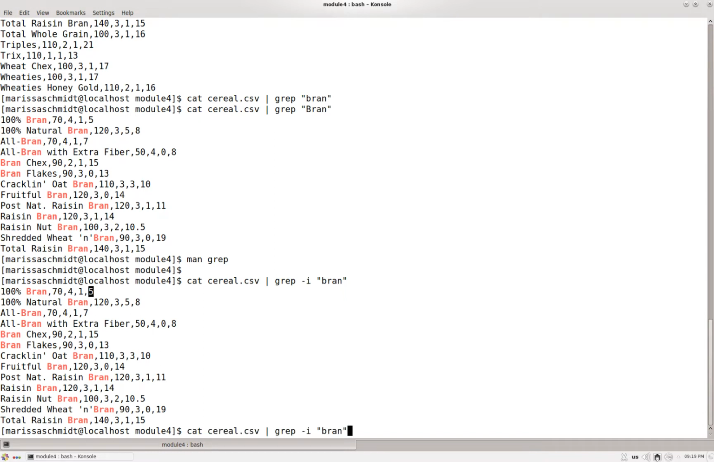And I'm just going to keep chaining this command together, because I still want to use just the output of only the bran cereals. So I'll pipe the output of that grep into awk. So I'm going to say awk -F defines the field separator. So it's going to be separated by commas. And then I'm going to say that I want to print